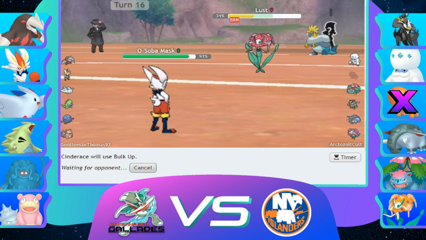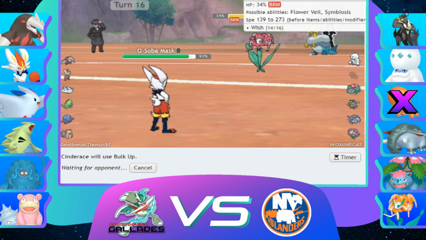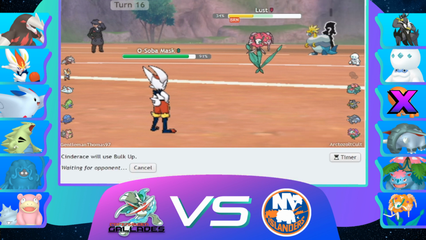Okay, so I'm gonna Bulk Up just because I don't think he would ever send his Urshifu. Plus, I know that's Choice Banded now, so I can outspeed it. That should be Choice Banded based on the damage he did to my Togekiss. I definitely think this is like Wish, Protect, Moonblast, maybe Heal Bell, maybe something else. I don't think he can do much to...